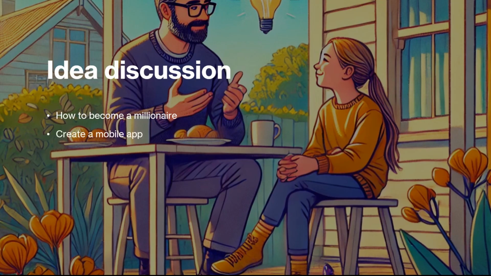So she says, "Let's create a mobile app. And you know how you give me pocket money every week? Every time I hit the snooze button, I should lose some pocket money. That will make me wake up early. Let's call it you snooze, you lose." Sweet as. I like the idea.